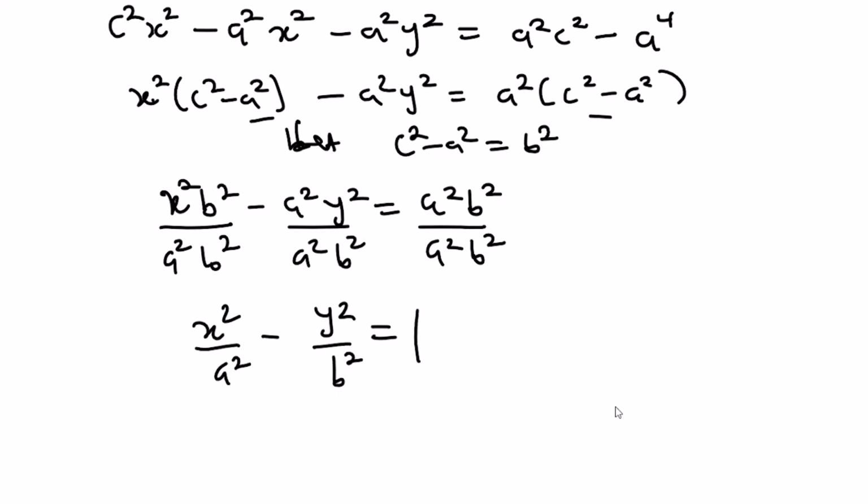In general, this is the equation of a hyperbola when it is in this form. You see, this is quite similar to that of the ellipse, but the negative sign here makes everything different. So this is that of a hyperbola. So now next video we're going to talk about some simple